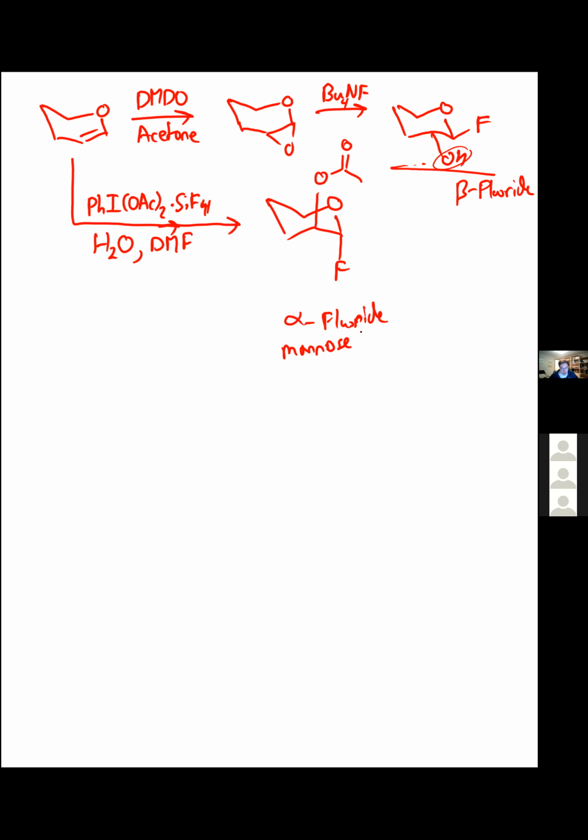So let's say you're just bored and you wanted to make this guy, alpha fluoride, not mannose. You can't do it going for the epoxide. The way I would approach this one, just to complete the set,